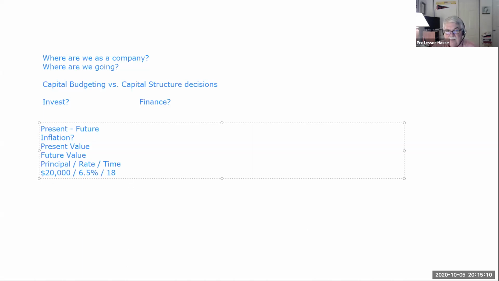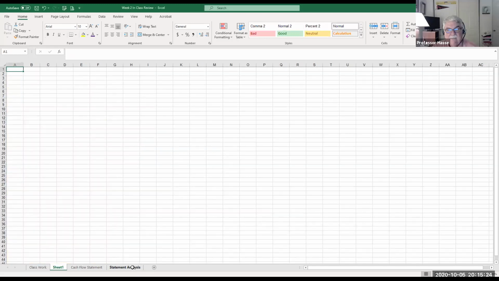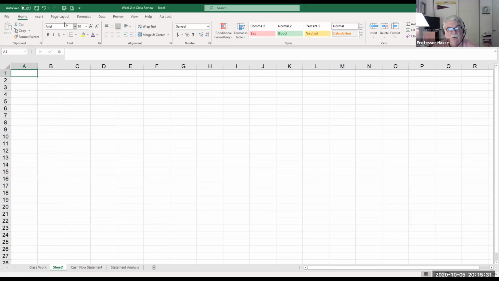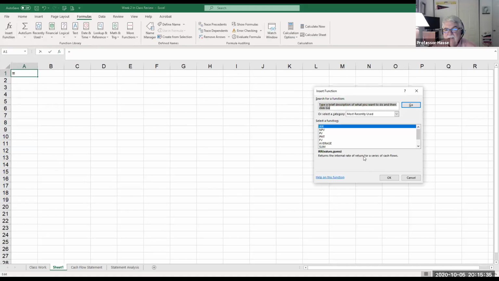Well, if I go to my little handy dandy computer spreadsheet, which I didn't have back then, I didn't have the luxury, but if I went to my spreadsheet, I'll make this big for you. We'll learn this calculation next week, but I'm showing you now what it looks like. If I would go into formulas, function, financial, future value,